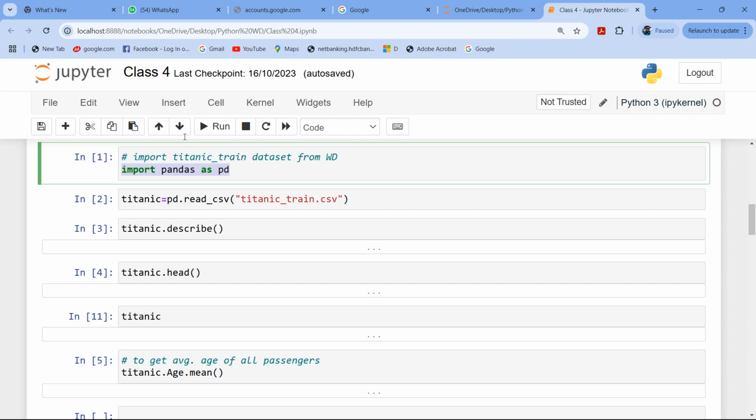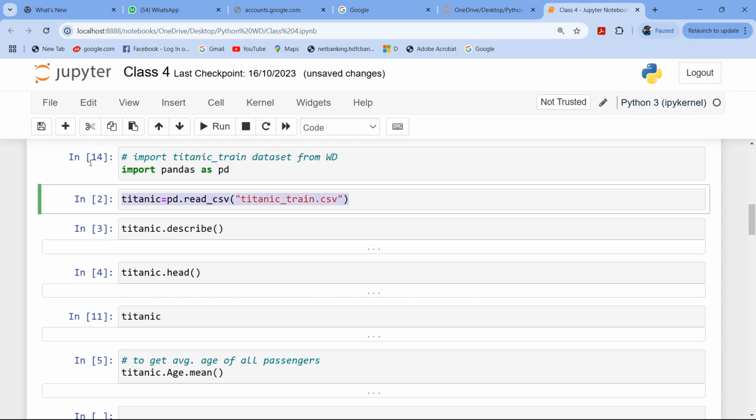Now pd, you can write anything here. So pd will be the object of pandas. Now to read that file, I need pd.read_csv. We all know that's comma separated value. And here the name of that data frame, Titanic_train. Whatever I fetch from this data frame will be assigned to this Titanic variable. So this is my variable Titanic over here. So firstly, let me import pandas, and now I'm going to